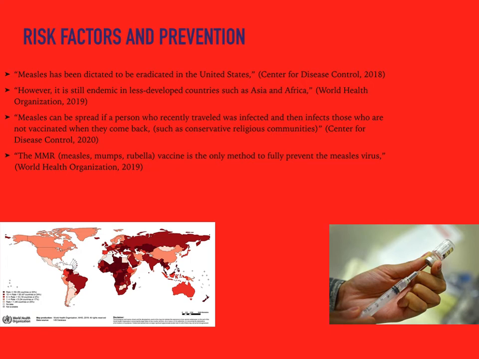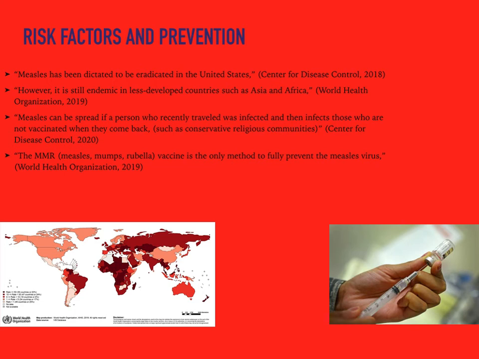Risk factors and prevention. Fortunately, measles has been declared eradicated in the United States due in part to the extensive vaccine program. However, it is still endemic in other parts, and we do have some outbreaks. The most common cause of these outbreaks is when a person travels to another country such as in Asia or Africa, and they get the measles virus, and then they go back to their place of origin, and then they infect those who might not have had the vaccine, such as very young children or the immunocompromised,